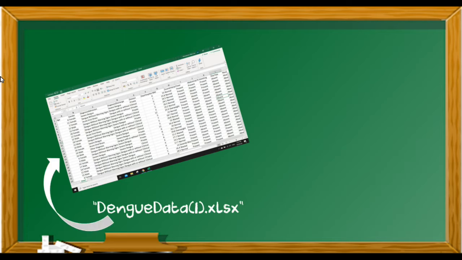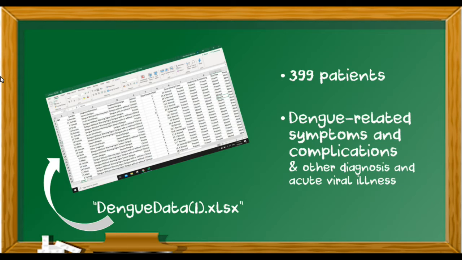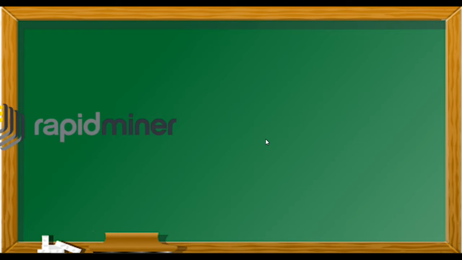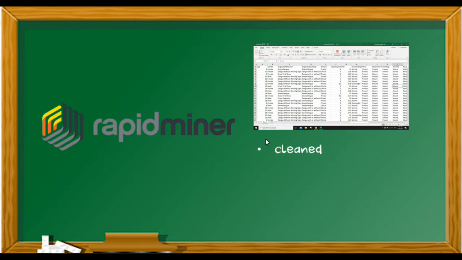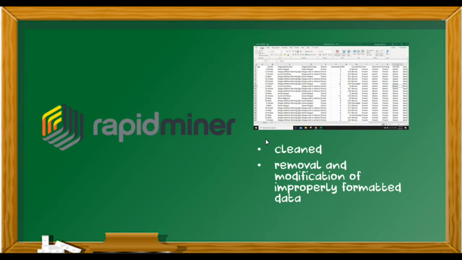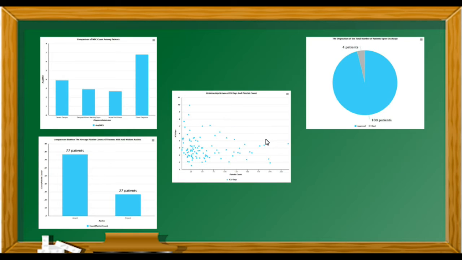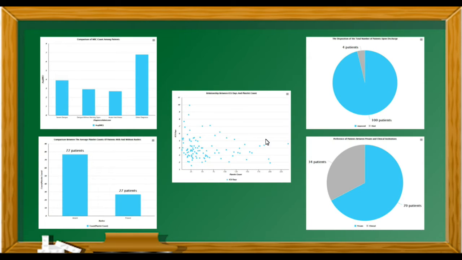In this week's episode, we are given a set of data regarding 399 patients that had been admitted to a hospital because of dengue-related symptoms and complications and other diagnoses and acute viral illness. Through the use of RapidMiner, the data was cleaned and the improperly formatted data was removed and modified, resulting in a final number of 104 patients. Also using RapidMiner, the following 5 graphs have been created, and in this video we will interpret each and every one of them. These graphs denote the variables regarding the state of the patients upon admission and discharge from the